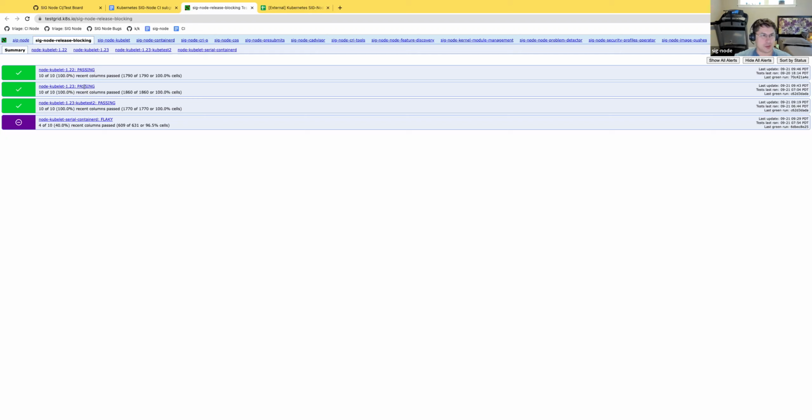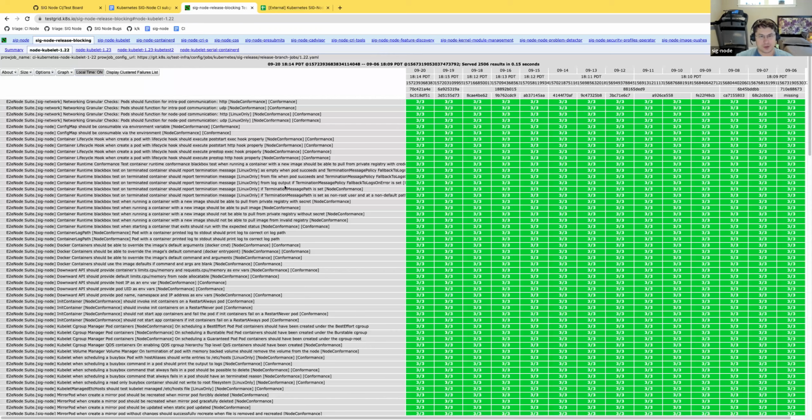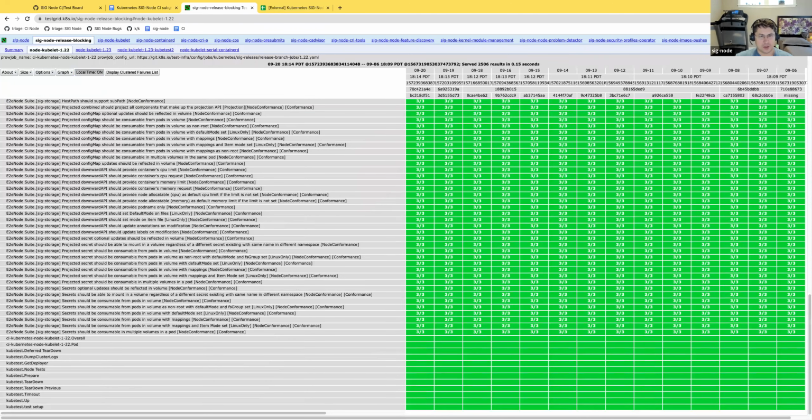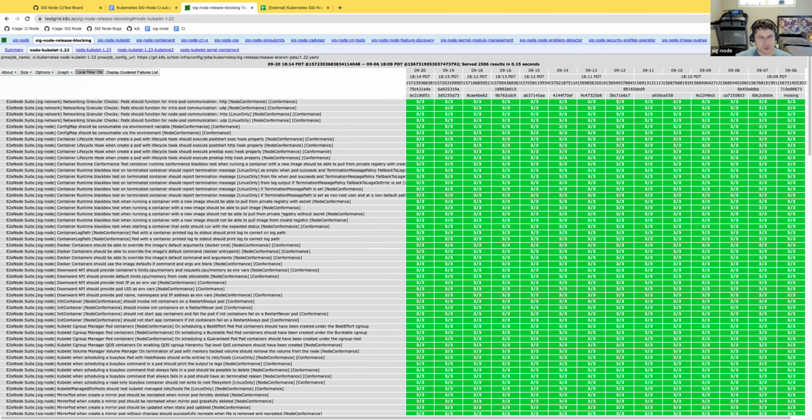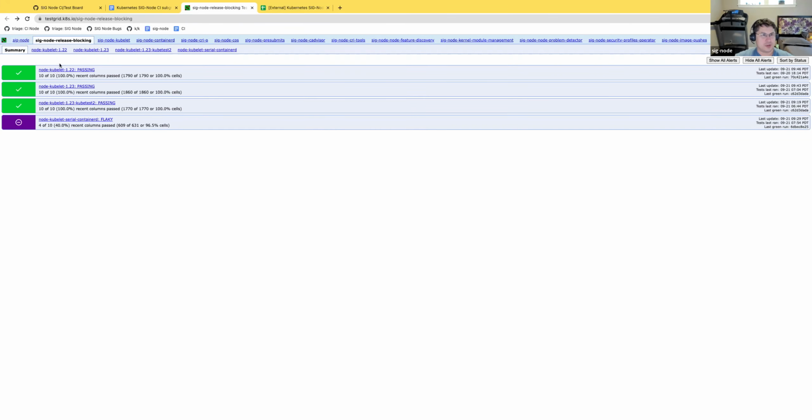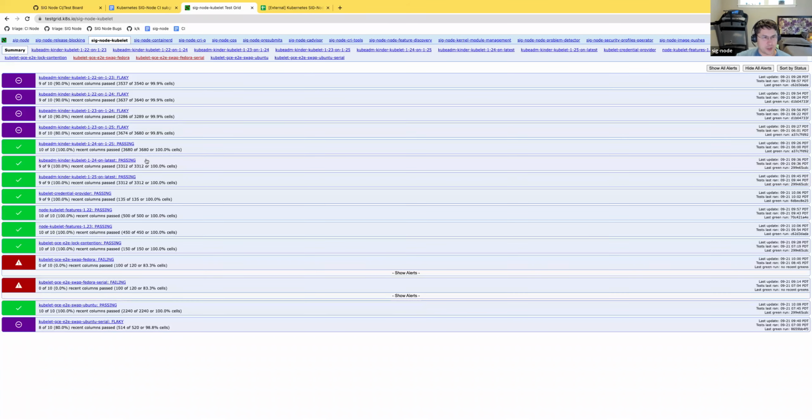This is the first thing. I remember there was a node conformance test here as well, and now it's missing. So maybe this test by itself has node conformance. But it isn't called node conformance, so it may be hard to understand. So this is the first note I had. Does anybody know anything about this page? No. Okay.